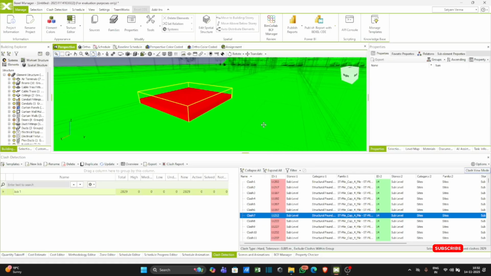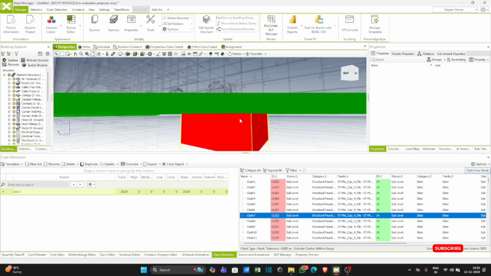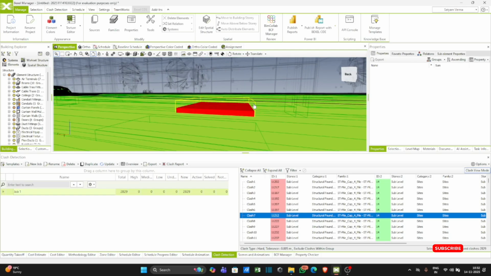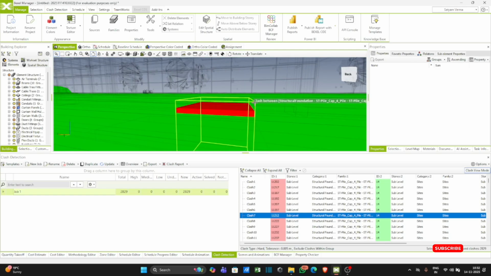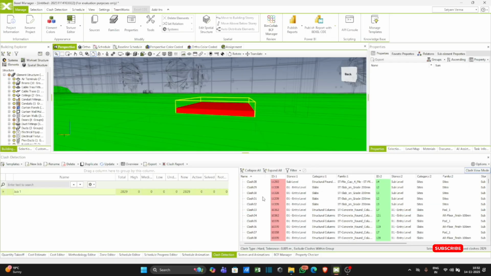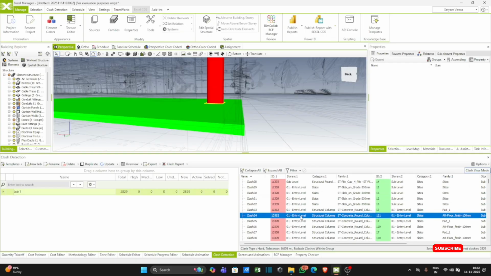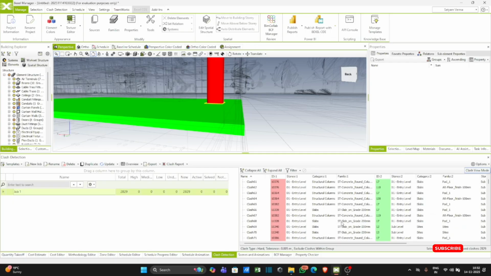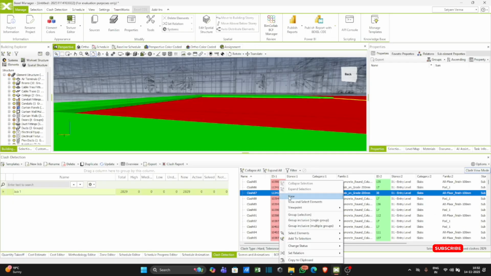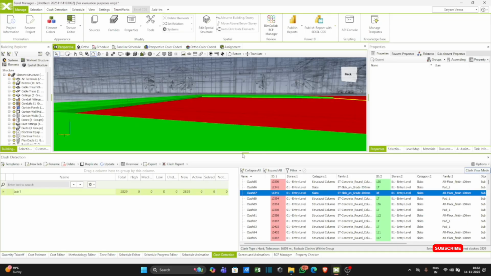So here you can see this is a clash between structural foundation and structural pile cap. Let's go to another one. This is the entry level, and this is a slab.